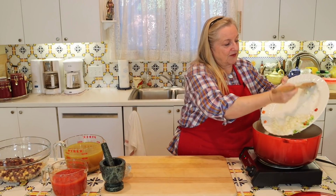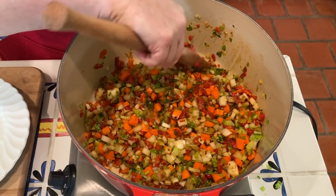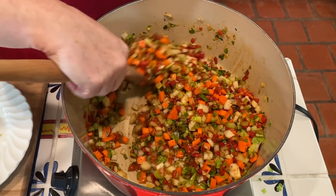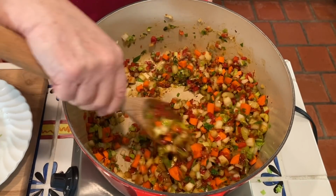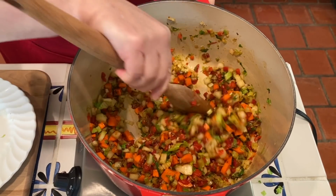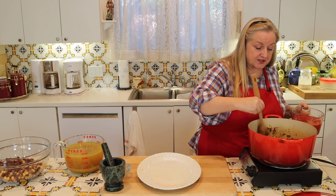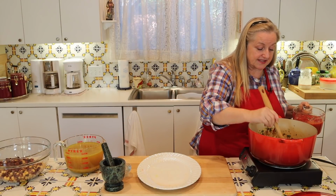Alrighty, now once we get all of this in here, we're going to make sure that we toss this really well with all of the spices so we get the flavors beautifully distributed. Once you get that stirred really well so that all of the vegetables are tossed with the spices, you're going